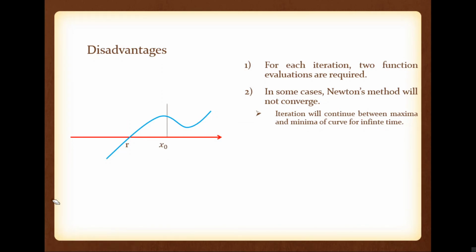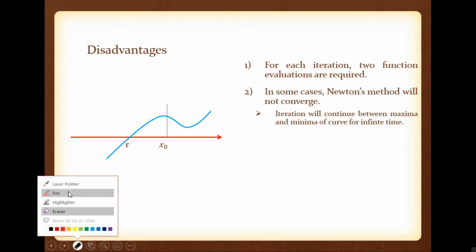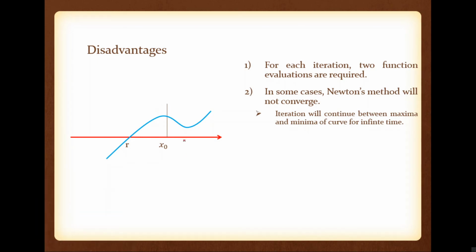Okay. So how are we finding x1? By drawing a tangent through this point. So this is a tangent. By using that tangent, x1 is the new point. Now x1 is a new point. So by using this f of x1, we have to find the new value. So draw a tangent, which intersects at x2. Now we have to take x2. If you take x2 in this particular case and draw a tangent, the tangent will go this way.